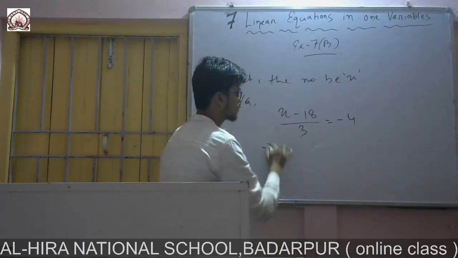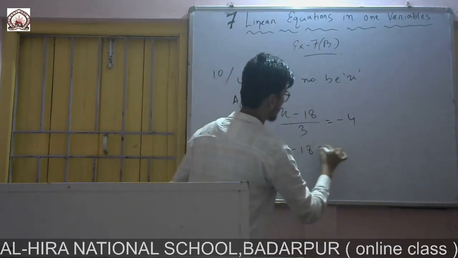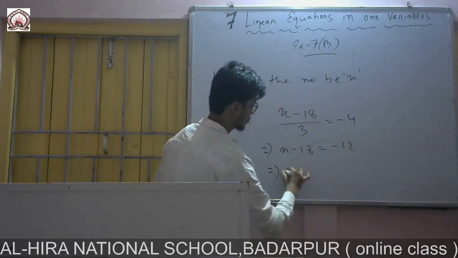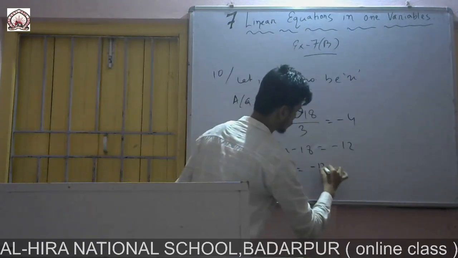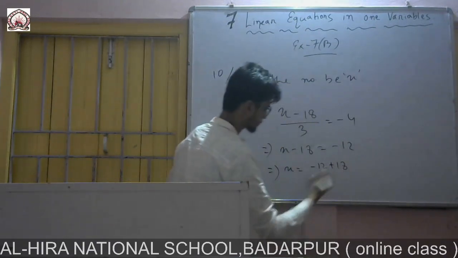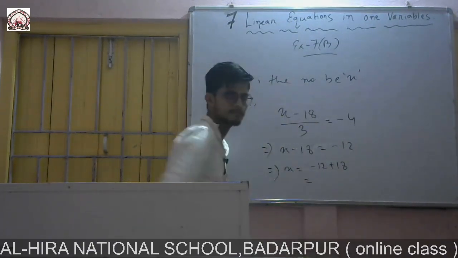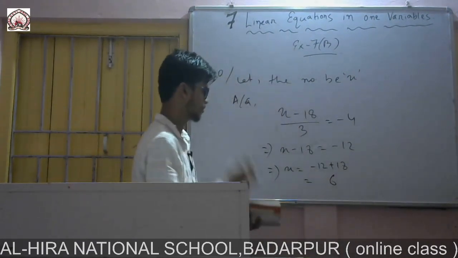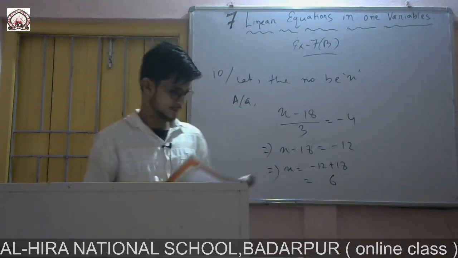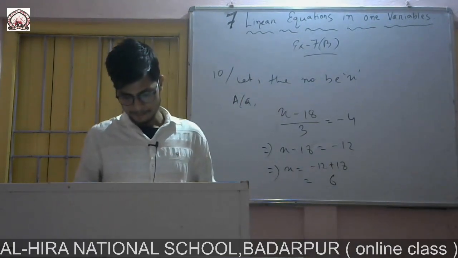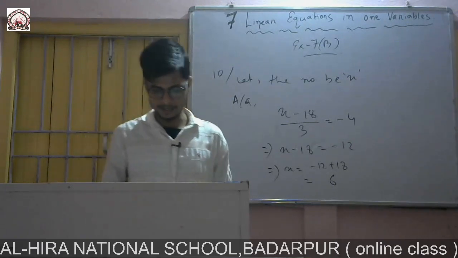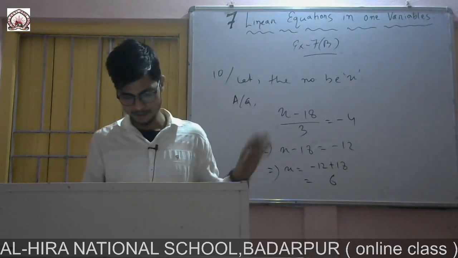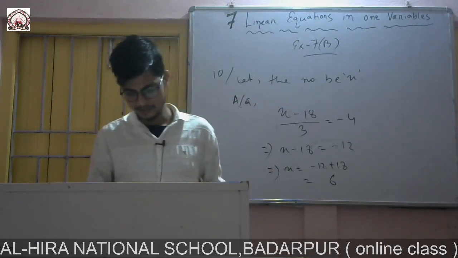So if I solve this one, x minus 18 equals 3 4s are 12, and the minus sign is there, so -12. So x will be -12 plus 18. That means minus plus, it is 18 minus 12 is 6. The sign of 18 is plus, so it will be plus 6. So you write, therefore the required number is 6. In the last line you write in your copy that the required number is 6.